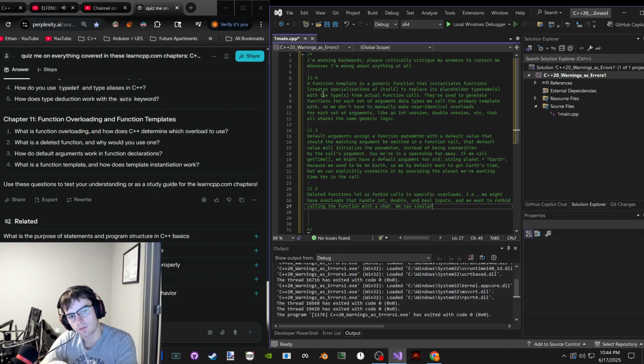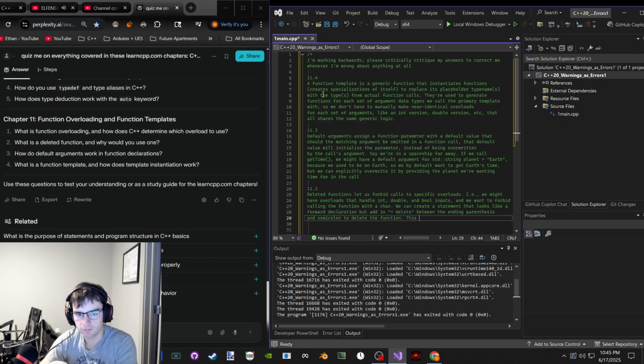We can create a statement that looks like a declaration, but add in equals delete between the ending parenthesis and semicolon to delete the function. No definition needed. The compiler will error if we